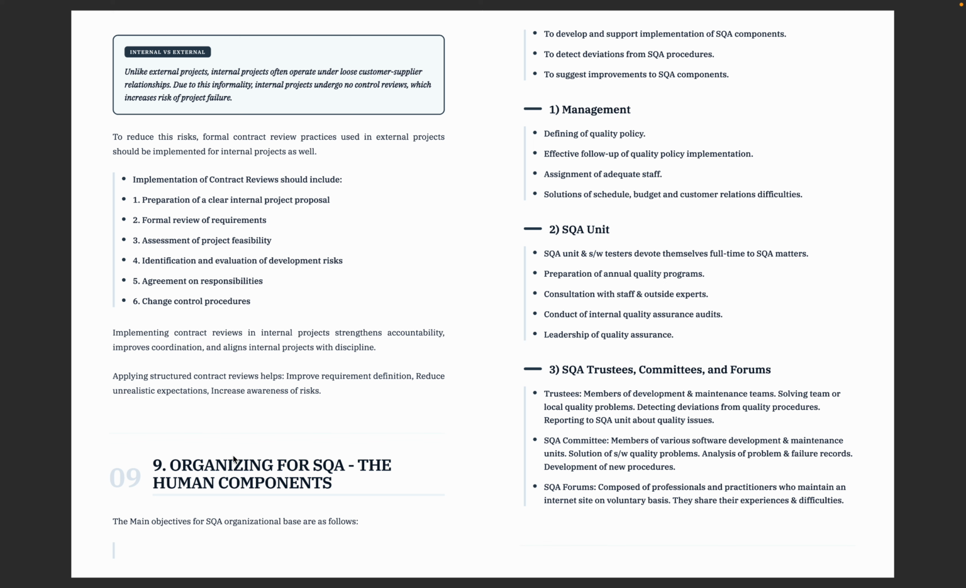Next question: organizing for SQA, the human components. This is the last but very important, because tools don't ensure quality, people do. That's why human components are important. This section talks about who is responsible for quality. Management defines quality policies and provides support. The SQA unit works full time on audits, reviews, compliance, and so on. Think of it like a college. The HOD sets the rules, faculty reviews work, panels correct the mistakes, and students improve. Same structure but a different environment. So write clearly about these things